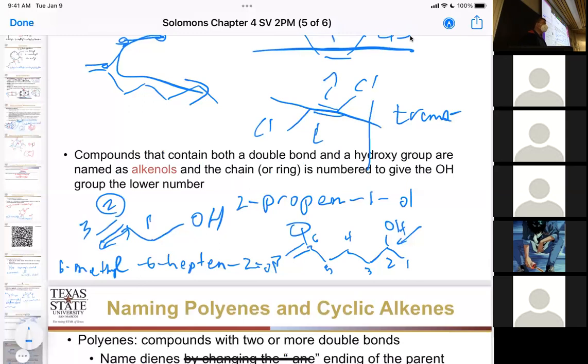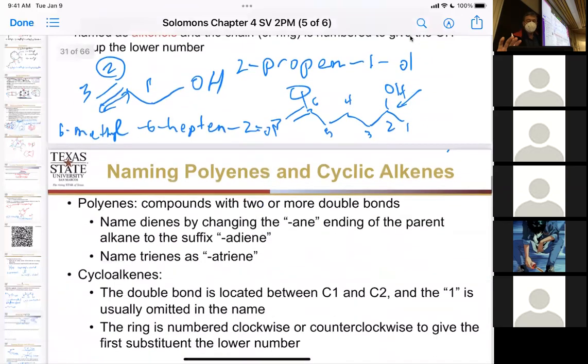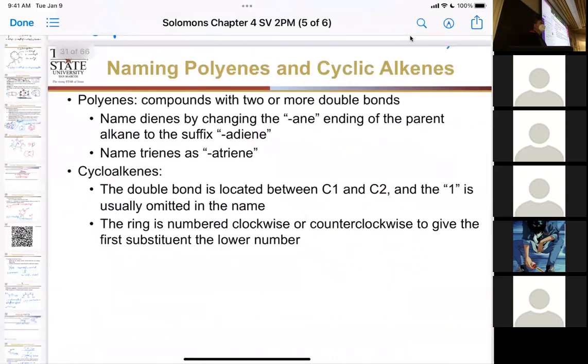So if you started on 2, the double bond will be on carbon 2 and 3. If you started on 7, it'd be 7 and 8. So it'd always be the next one. Okay, so we also have a way to do things